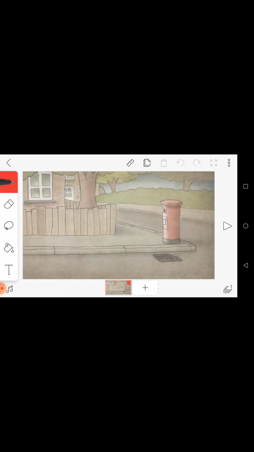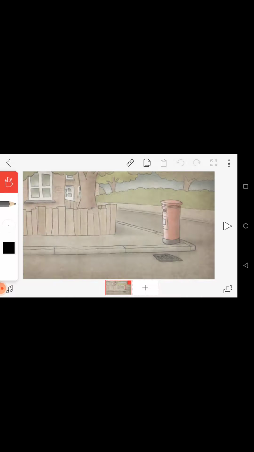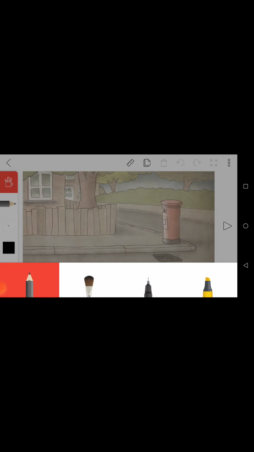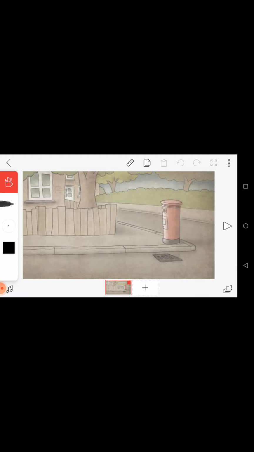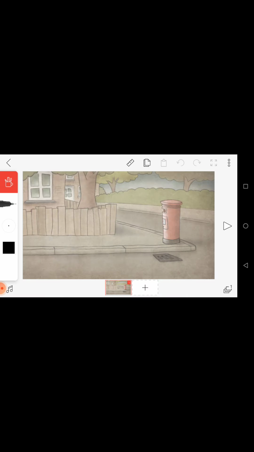I'm just going to do a ball jumping, okay? So I'm just going to go to the pens, and I'm going to select a pencil as a sketch, or we can also select a marker pen. You can change the color, okay, and you can do much more. You can make the dots thinner or darker, and you can erase, add color, and many more things, okay? So we're just going to do a simple ball animation. So first the ball comes out of the corner, okay,